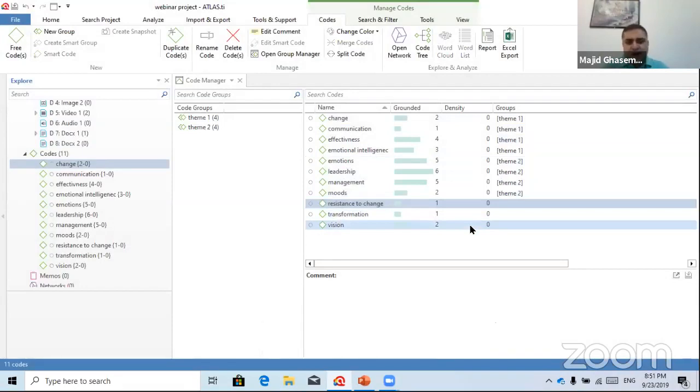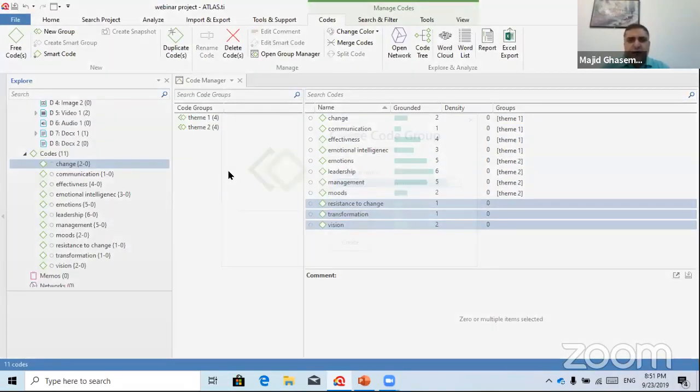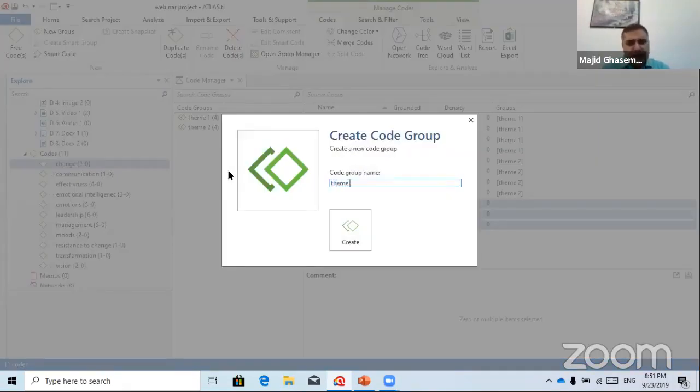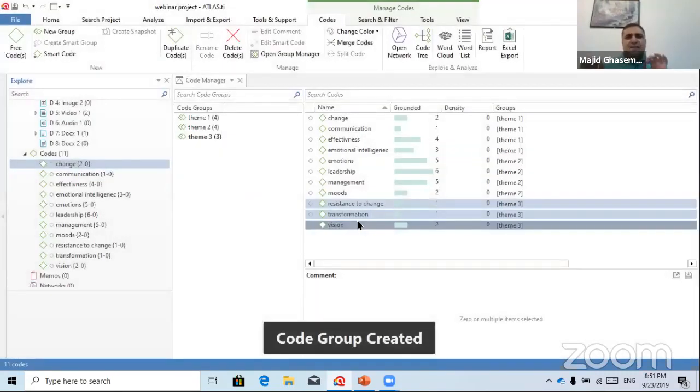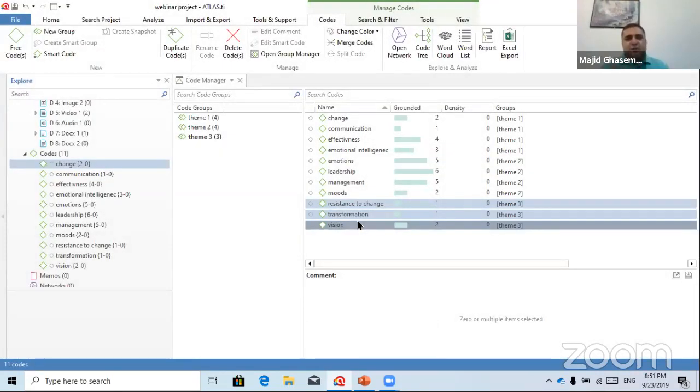And here we have theme 3. Again, this is just the technical aspect of the software. To group these codes and to create a theme, by the way, we have to read everything, all of the data that we have. But I'm just